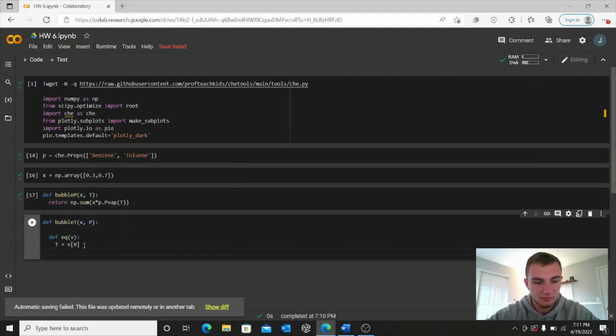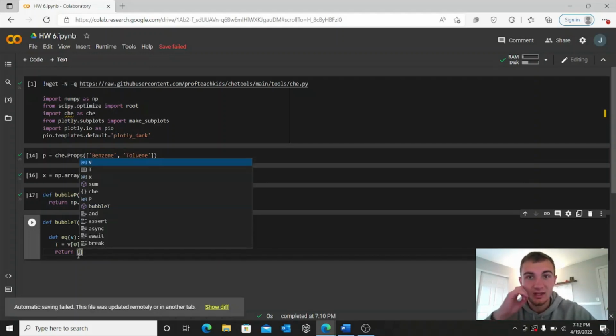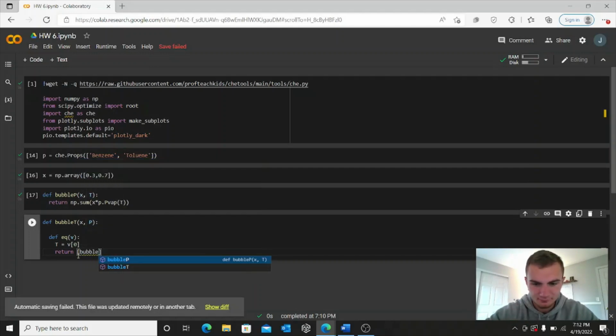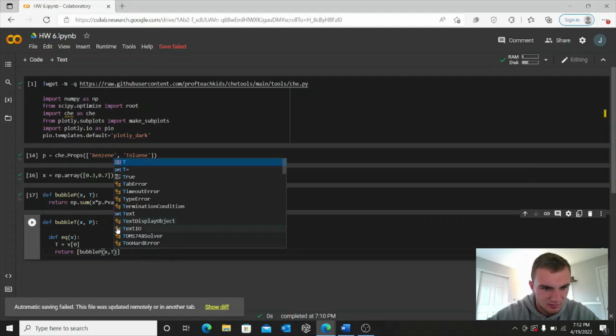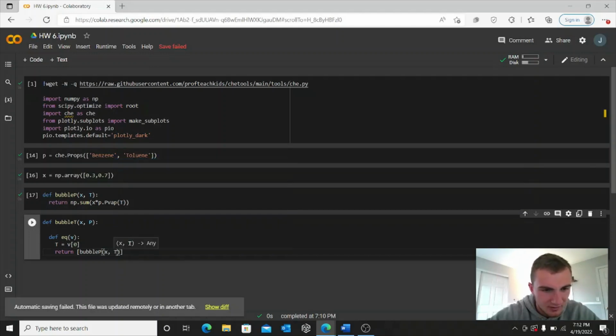And what we'll want to return here is that equation that we want to drive to 0. So it'll need to be in brackets here. And the equation here will be bubble P,